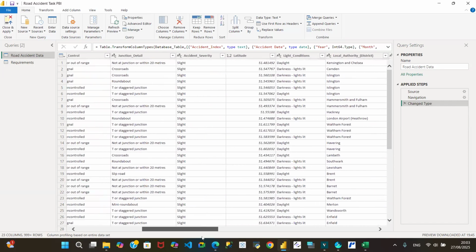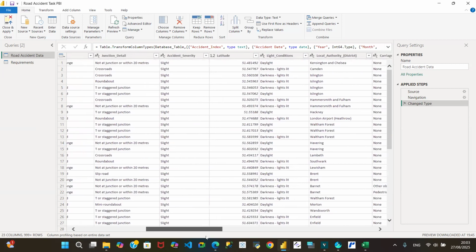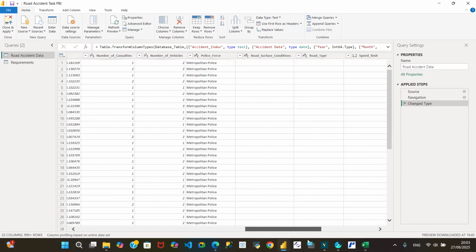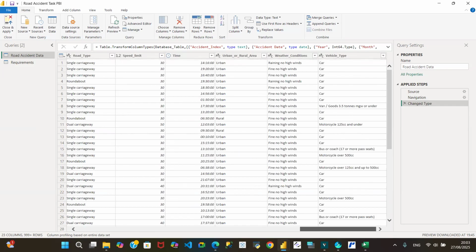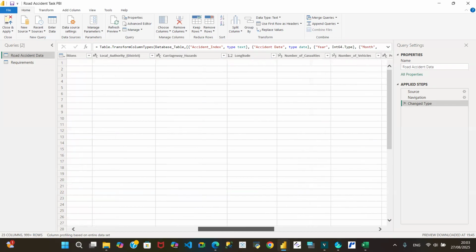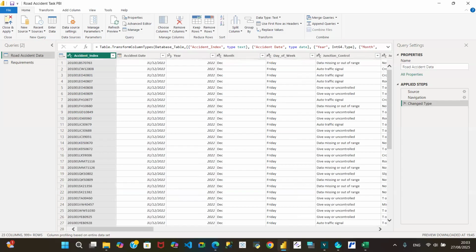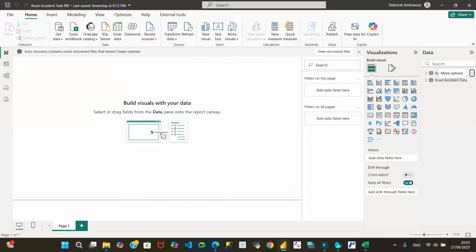From here, we got our data type right. And I think we can load, and start working on close and load, and we can start working on creating the reports, the request that we have been given. Okay, do we have